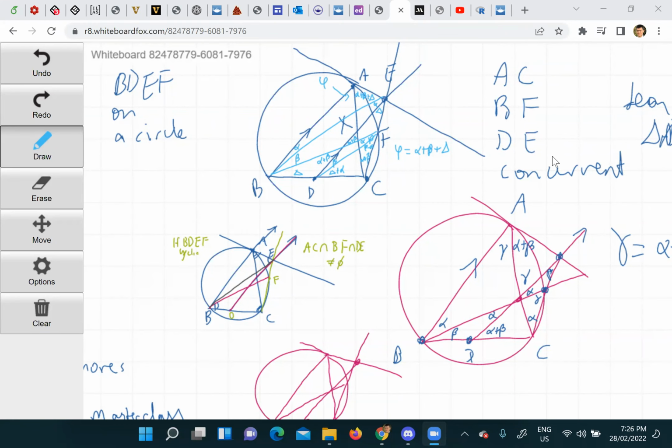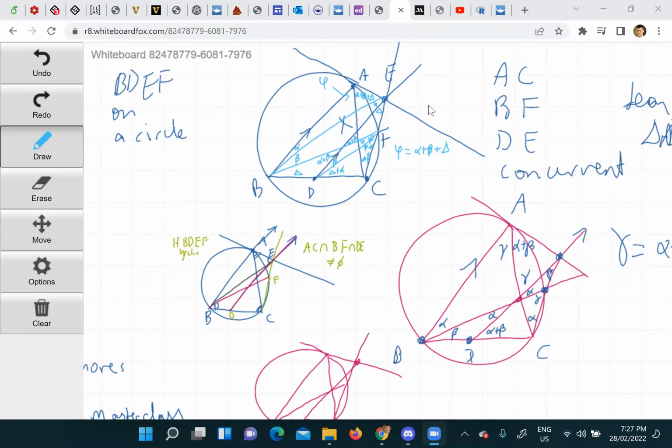Okay, so here's a problem-solving technique for you. Basically, this is the problem. You have A, B, C as a triangle, and then a circumcircle is drawn, and there's some point D on BC. You draw a line from D that's parallel to AB. It meets the tangent at A at E, and then E joins C and meets the circle at F, and then you're trying to show that,